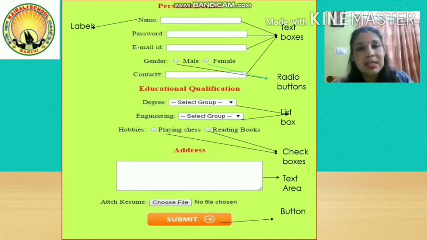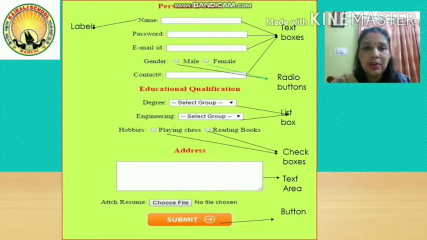For that, let's take one example. After passing out 10th standard, you will be getting admission to standard 11, and most of the schools are providing online admission. Online forms are available, and you go to that particular portal or site and open that page and enter the details, and at last there is a submit button, where you click and your details will go to that particular organization. They will keep a record of your submitted data. So how to create that type of interactive page where you can enter and submit the details, those things only we are going to deal with.